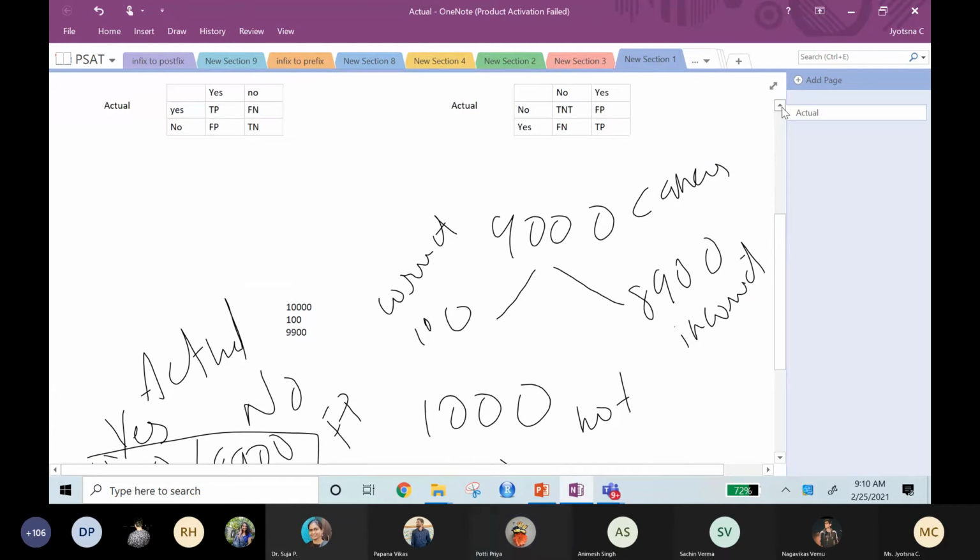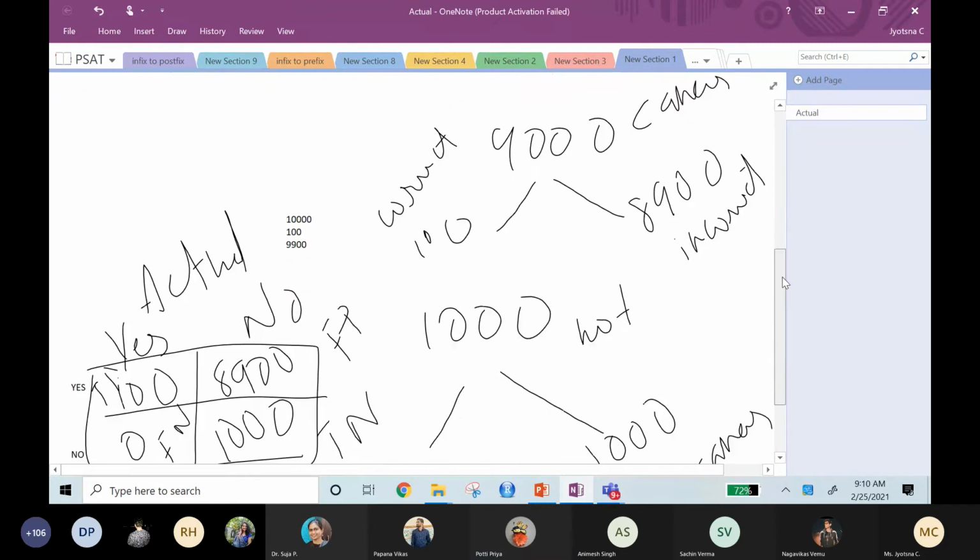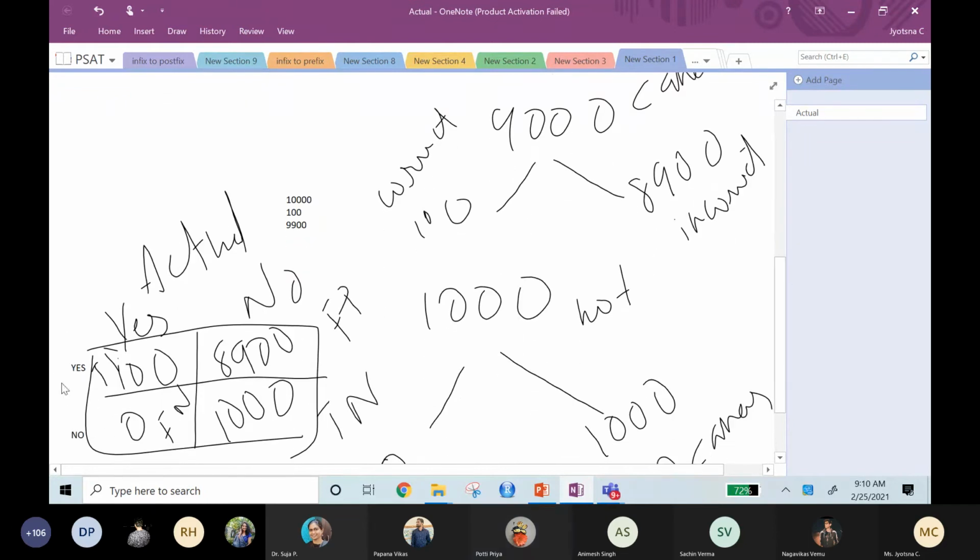Repeat the question once again. I'll repeat the question once again. So this is the predicted, what I drew here, that is the predicted. So 9,000 has been predicted as cancer. Cancer patient. So you can see this side is the predicted. So predicted, you add. That is actual, ma'am, no, predicted. 9,000 people are actually having cancer, among which 100 are predicted correctly. I think I don't know. This is the predicted. How I told you initially, I don't know. This is the predicted. So 9,000 is.